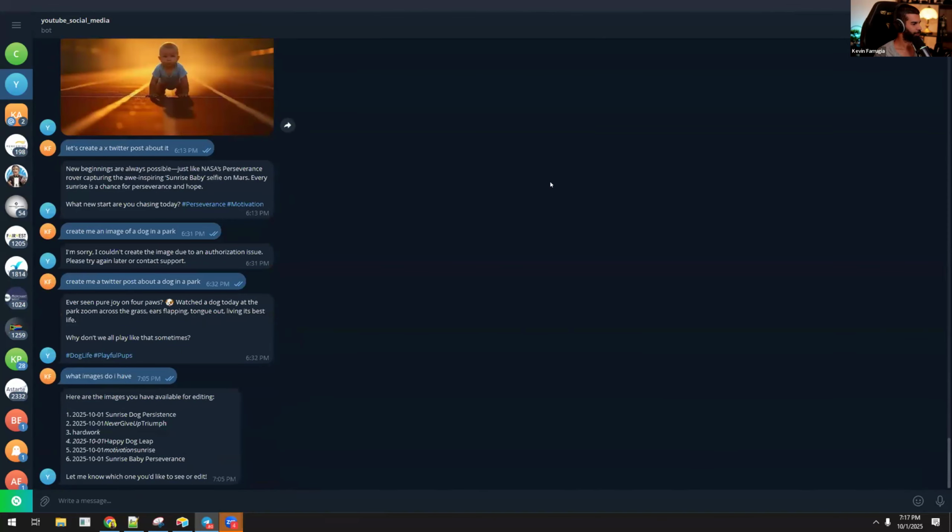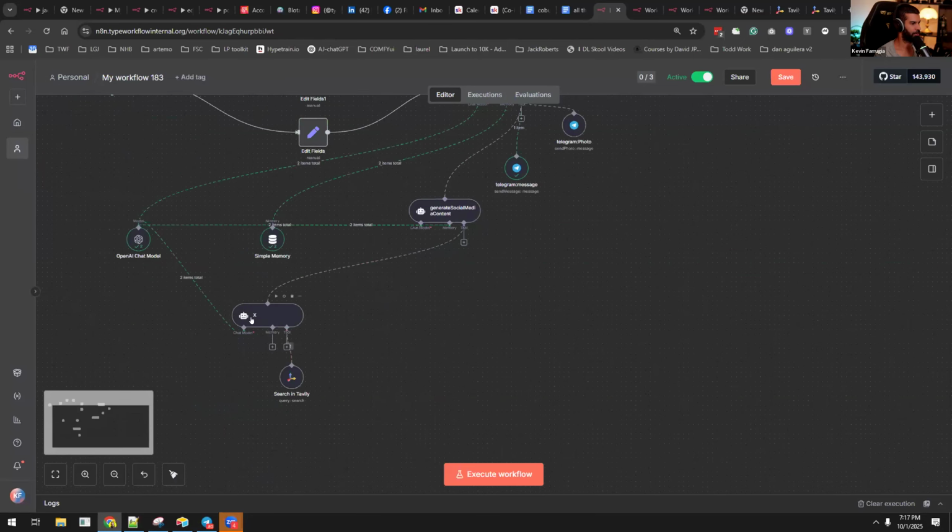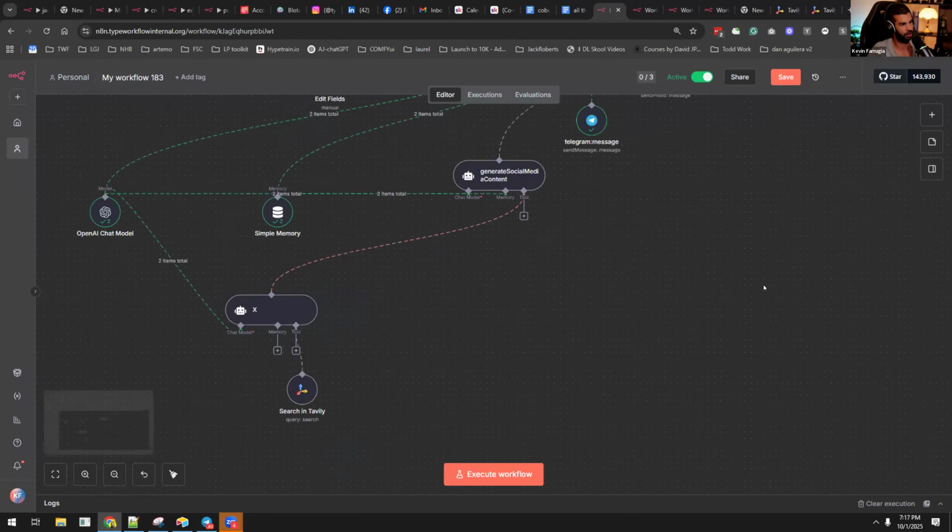Cool. Any questions so far before we get to the fun parts and generate some social media posts? Then we do the image generation and then get to the uploading stuff to Blotato, which, by the way,